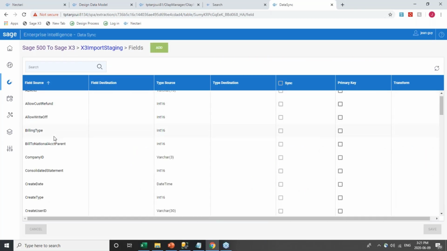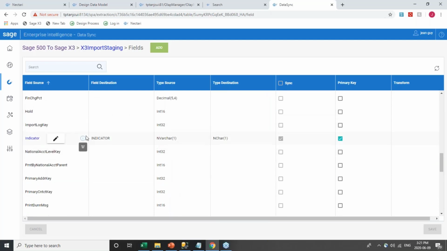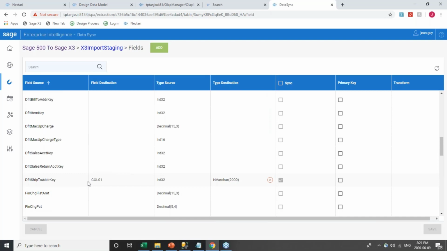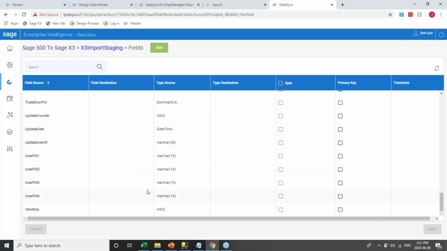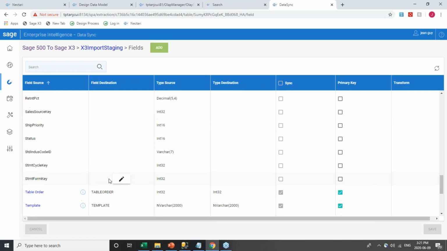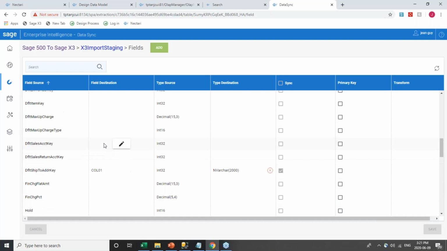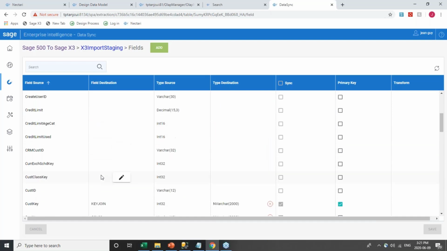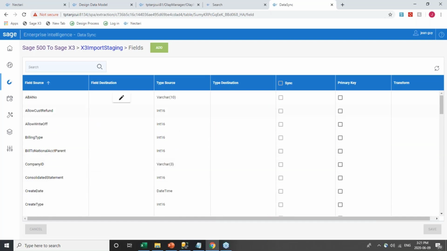So we have all of the information that we're pushing into a table with an indicator, certain destinations as columns. So right here we see all of the fields. They're not all mapped right now. So we can see, for example, template, table order. We can see indicator, column 1, column 2, key join. So it's really getting key filters from these tables and kind of creating like a base table for us to